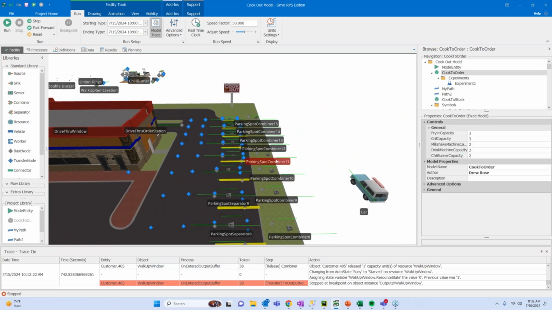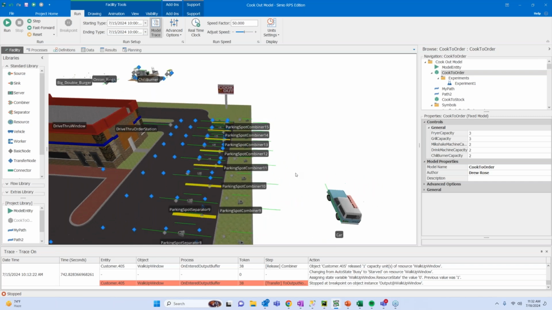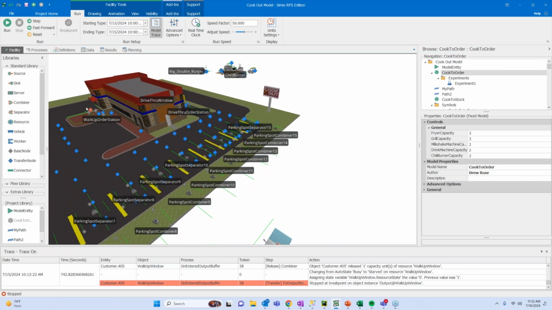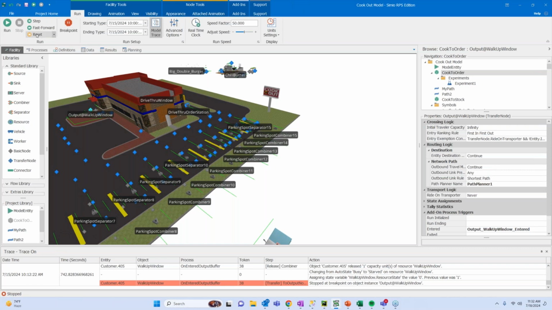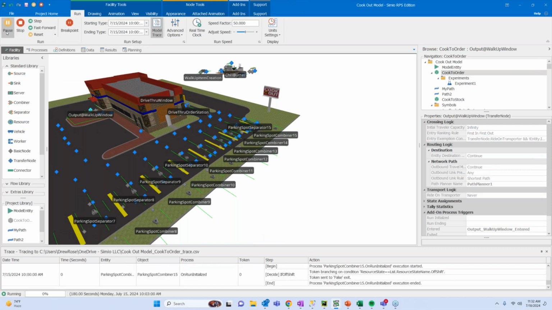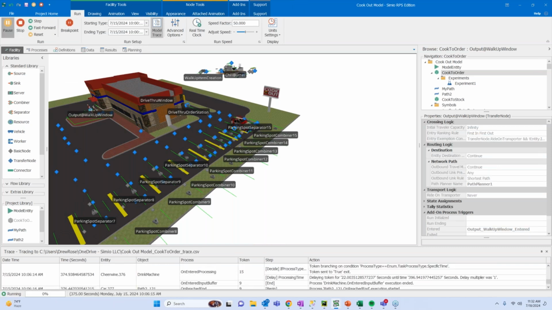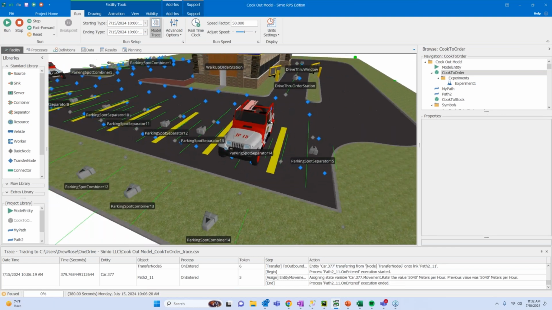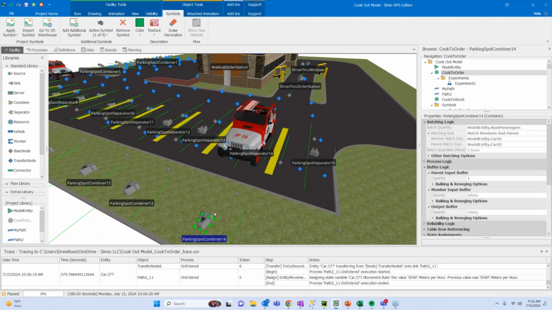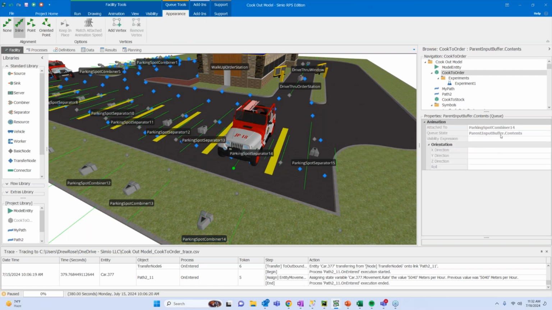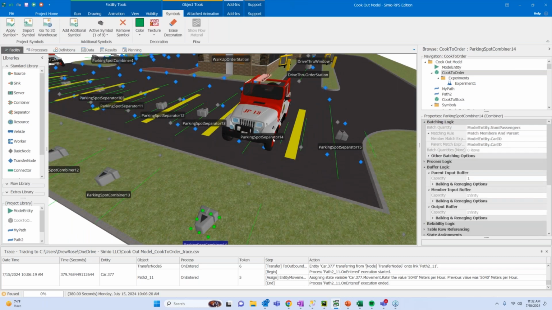We go back, and that original parking spot that we've been at for a period of time, I'll remove this breakpoint. Let it run. So we're going to have these parents that are going to sit now at this combiner. So this car ultimately is sitting in the parent input buffer of its combiner. So it is waiting at this parking spot for, again, that same rule criteria to be adhered to.